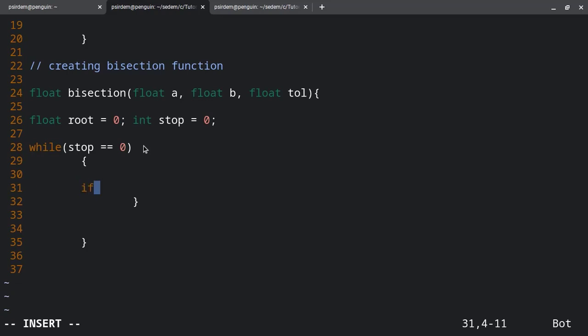So first, our first condition is, if the absolute, right? Bear in mind, we included the math library there. Now we said we declared our function, so if capital F of a times capital F of b is less than 0, then it means that our root exists, right? So we should perform a particular task. Else